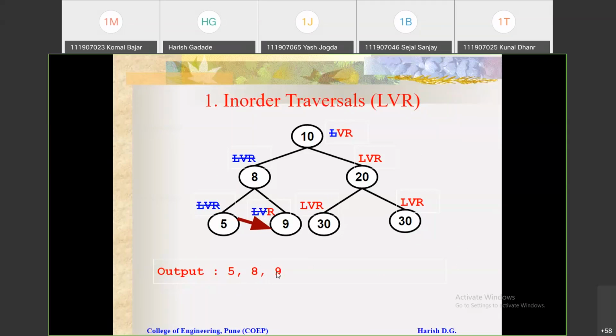This 9. And the next step at the 9 is move towards right. There is again no right, so complete this right. Now see, after completing these three steps, the pointer will go back to this point again. Again, it will check whether there is any pending step or not. There is no pending step. All three steps we have completed. So it will go back to the previous node, that is the 10.